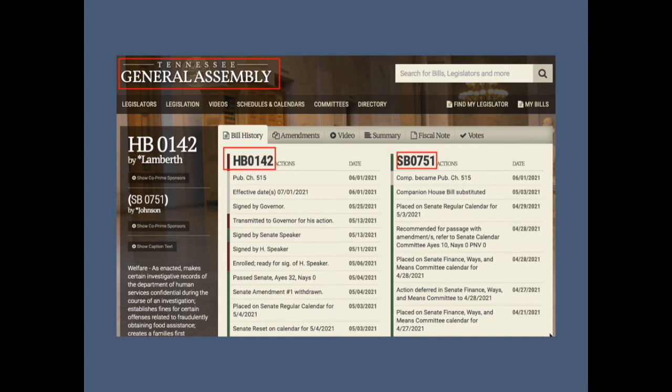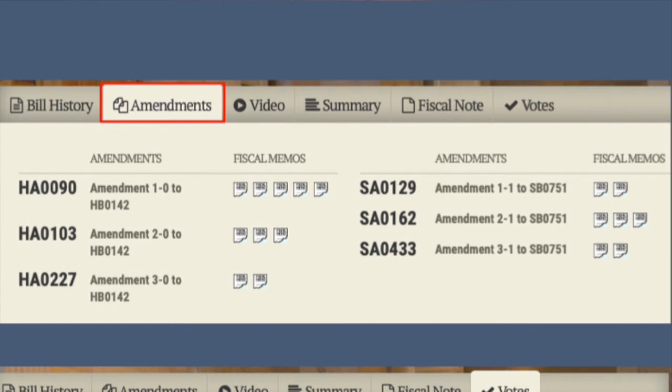What you're seeing here is the page from the Tennessee General Assembly's website of the House Bill and Senate Bill. And you can see there under the two red boxes the actions that were taken on the House Bill and Senate Bill respectively. And not all of them fit on this page because there's a much longer list. There were actually several amendments to this bill as it went through committees. You can see there were 3 House amendments and 3 Senate amendments, and there were multiple fiscal memos. That's those little white things you see out to the side there. Fiscal memos are memos that talk about how much this will cost the state. So there was in-depth fiscal analysis done on these amendments proposed to this bill.